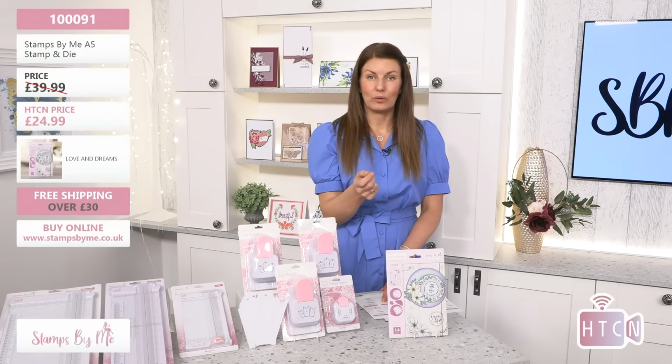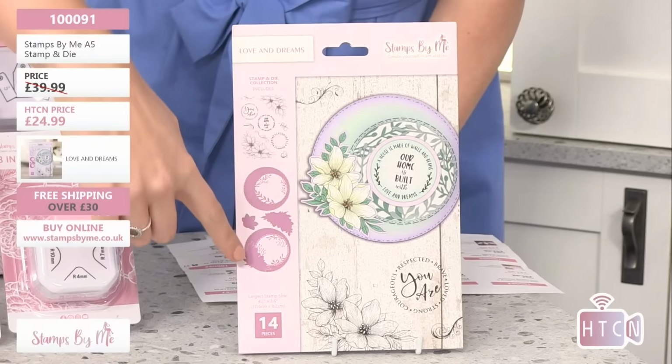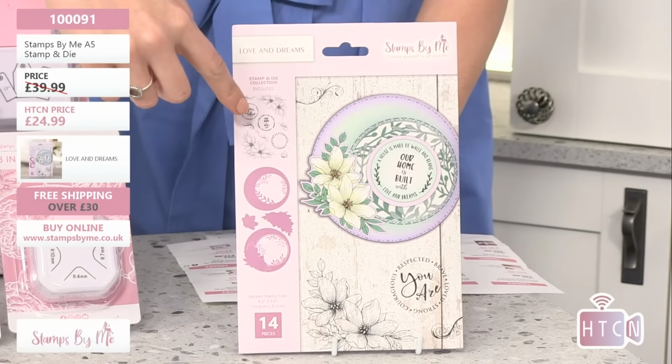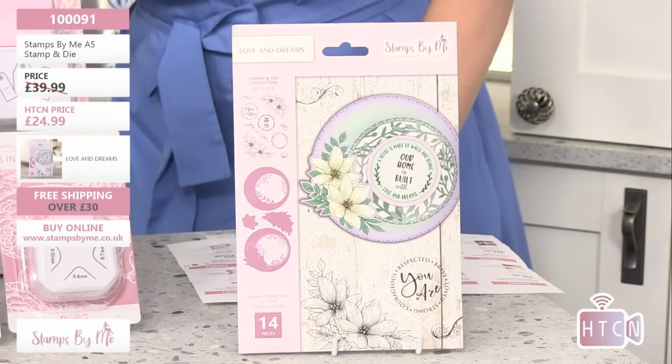Now, these go through your 6-inch die cutting machine, which is in the show, but they will go through your everyday die cutting machine that you do have at home as well. Okay, so you get the two circular plates. You can see the pink detail down the side here. These are your dies, and then this part here is the stamp. So in effect, you're getting 2 A5 dies and 1 A5 stamp for $24.99,